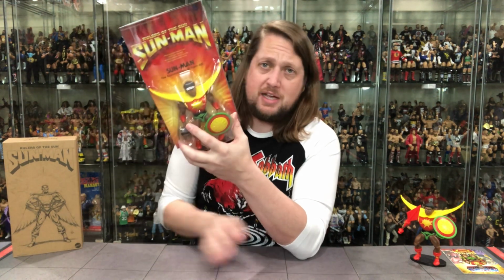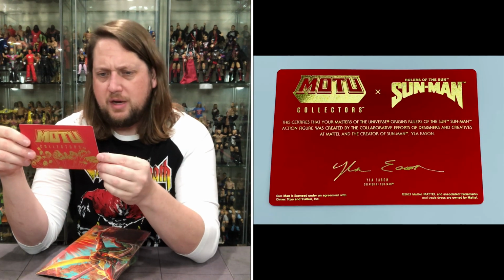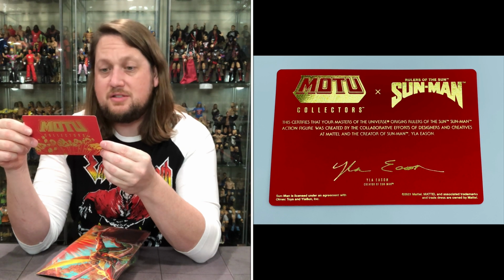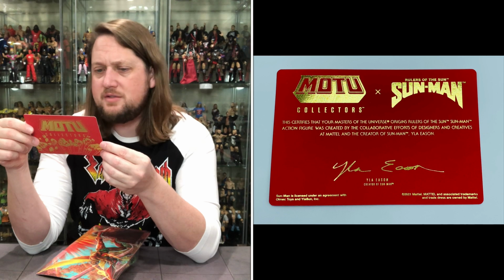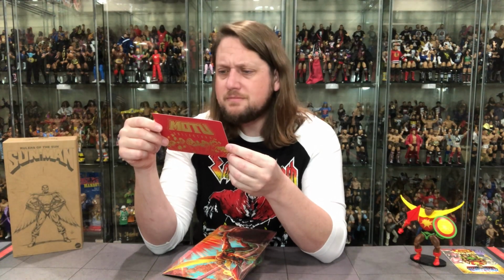From where I sit, as you guys know, right here at this table. This does come with a card clasped in the back. It says Motu Collectors times Rulers of the Sun, and it's got a nice gold foil to it. A little hard to read, but this certifies that your Masters of the Universe Origins Rulers of the Sun Sunman action figure was created by the collaborative efforts of designers and creatives at Mattel and the creator of Sunman, Ela